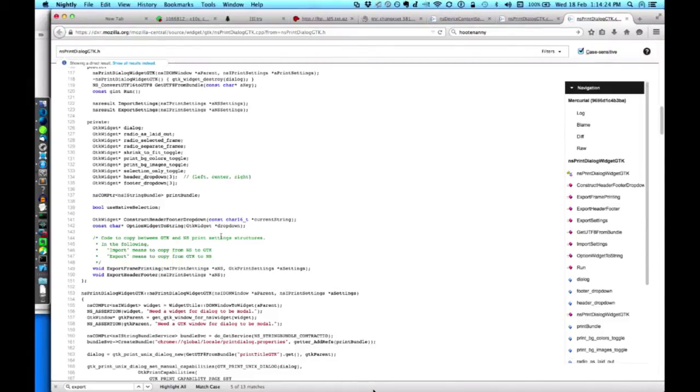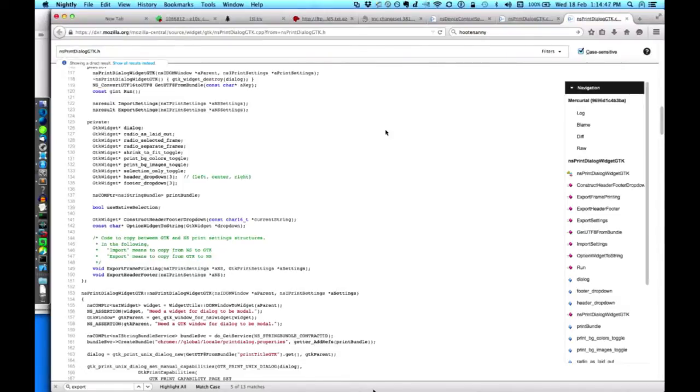We'll copy the information from the NS print settings and convert it into something that the GTK print dialog can understand. And then export means to take whatever the user put into the GTK print settings dialog and reconvert it back into something that Gecko can understand as an nsPrintSettings thing. So the import phase is not what we care about. The export is probably what we care about.